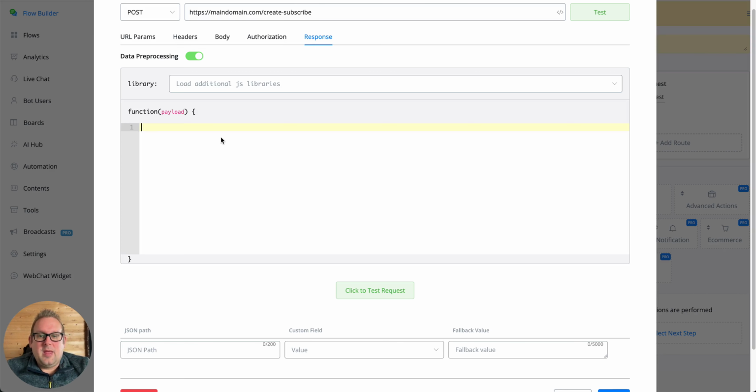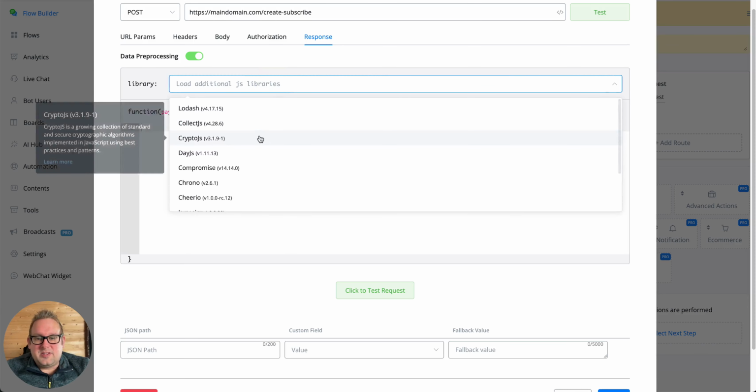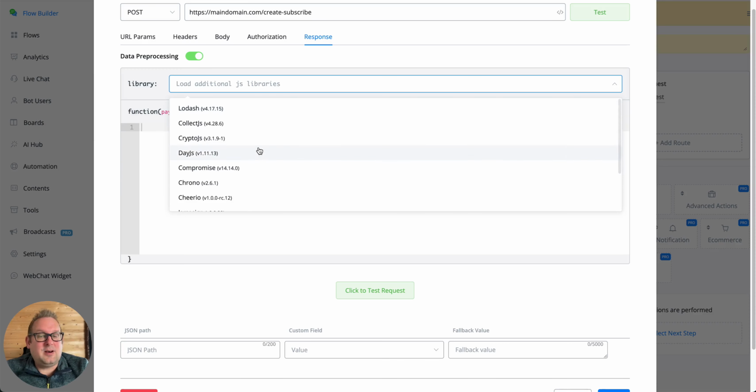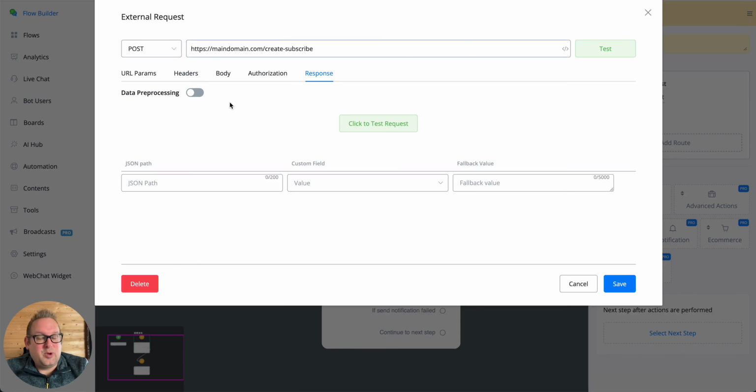you can use the data pre-processing if you are proficient enough to handle JavaScript. You can also load in different kinds of libraries, basically the same libraries that you have inside of Node.js. So if you are a little bit more proficient and advanced, you can also enable data pre-processing to format the data any way you see fit and save it afterwards inside of the desired custom fields. So these were just a few options inside the external request that can make your life much easier when working